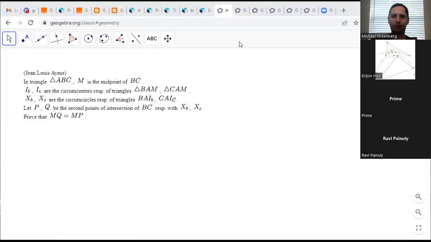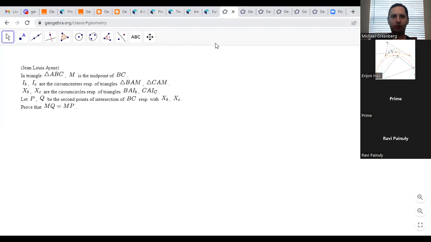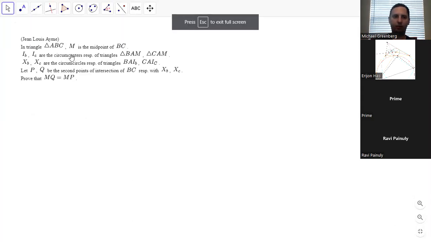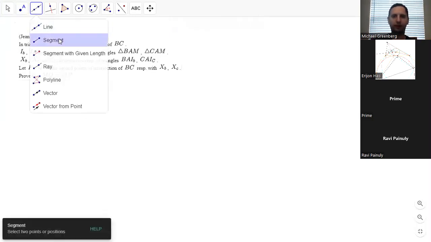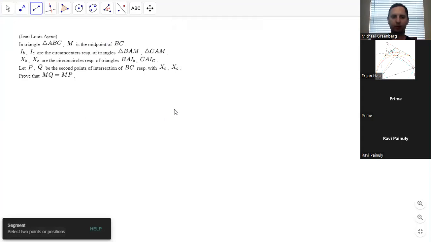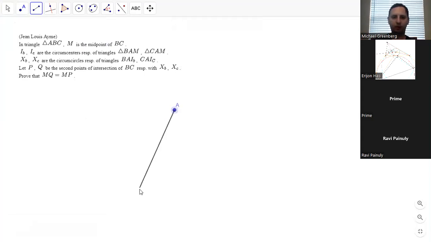Can everyone see the first problem? Jean-Louis Aimé's website has a whole bunch of different volumes of stuff. This is from volume 50. So I'm going to start with this first question. I think we might have done this before, actually. I don't remember how we did it, though. It's been a long time. So